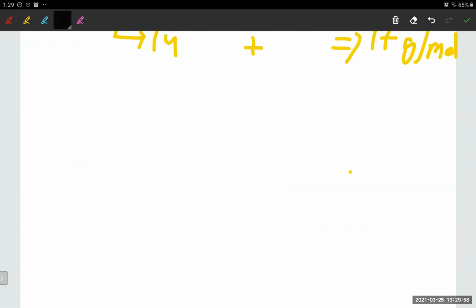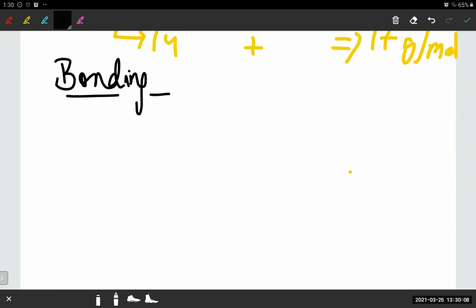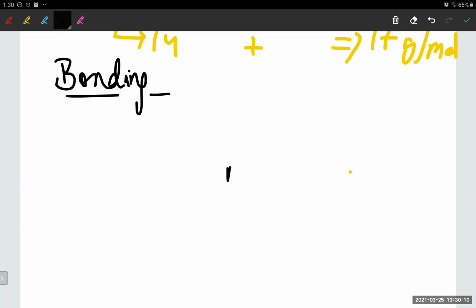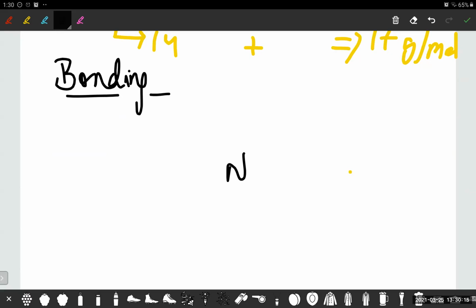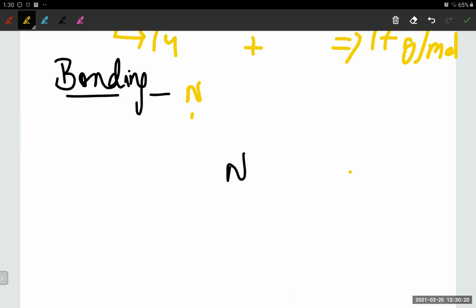Next, we move on to the bonding. How is it bonded? So let's see the bonding of NH3. We have already done this in chemical bonding chapter. So let's just revise it quickly. N is here in the middle. Okay, let's first talk about the number of electrons they're having. N and H. Tell me what is the electronic configuration of N? It's 7. That is, it wants to attain what?